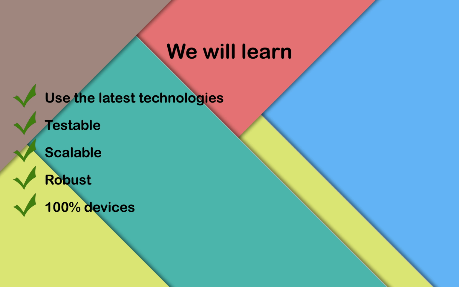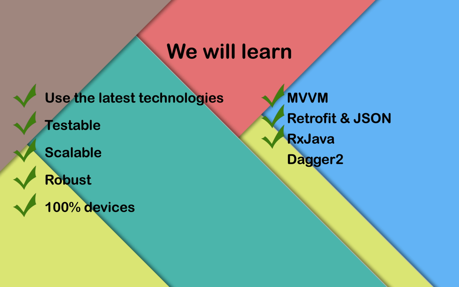We will be looking at all the modern technologies that go into building apps. MVVM architecture using the Google recommended Android Lifecycle Extensions, Retrofit and JSON for remote server communication, RxJava as a reactive framework, Dagger 2 for dependency injection, Jetpack navigation for navigating the user through the app screens,